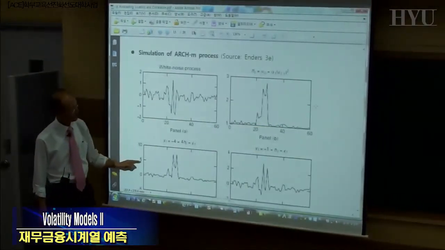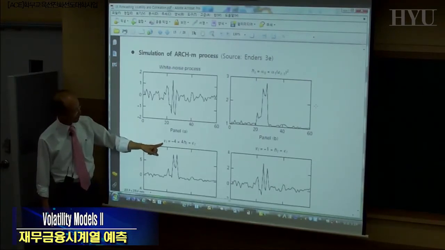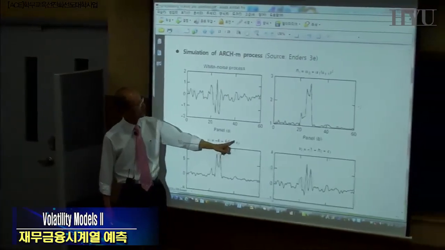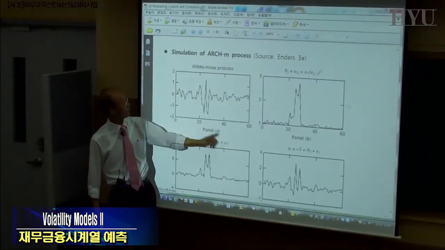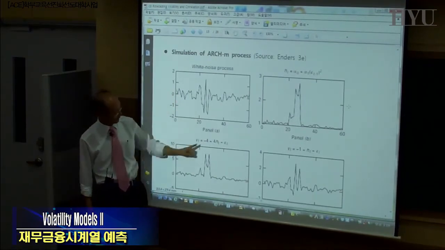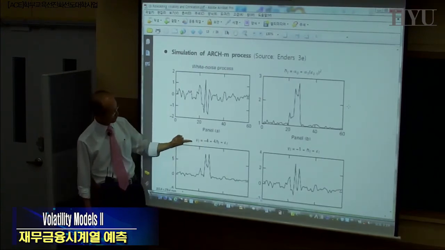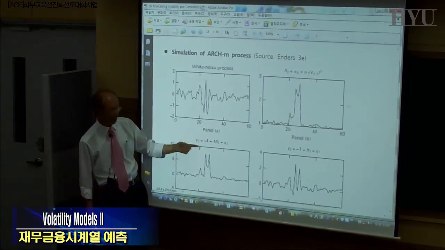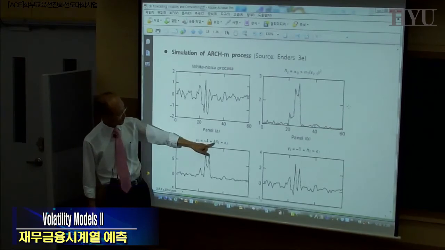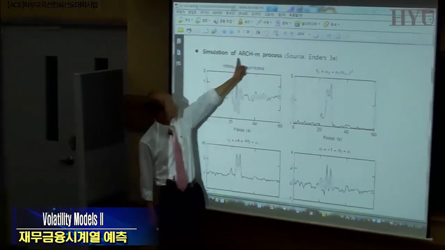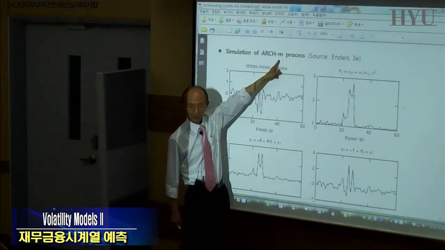So the conditional variance along with this white noise, then jump, right? How about this one? Well, now you're generating y. y is simply a constant plus epsilon t, but now the conditional variance is also affecting it in this situation. So this is what we call the mean equation from the previous slide. Mean equation, observed data. In the mean equation, the unobserved volatility, or the conditional variance, enters the observed variable. So that's the name ARCH in mean. Right? So the ARCH-in-mean effect.